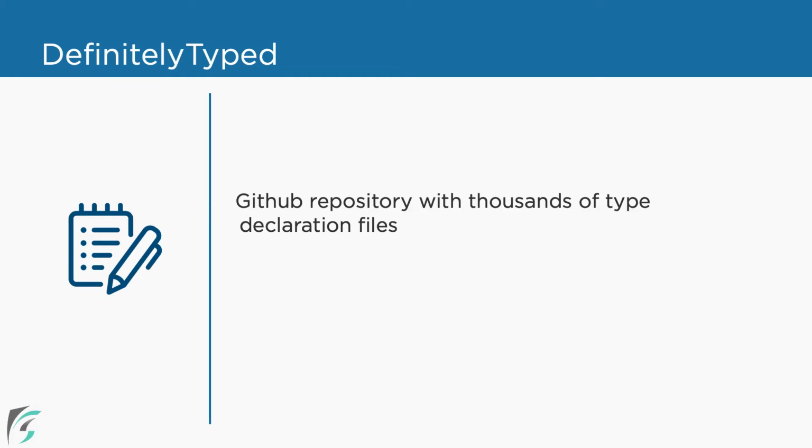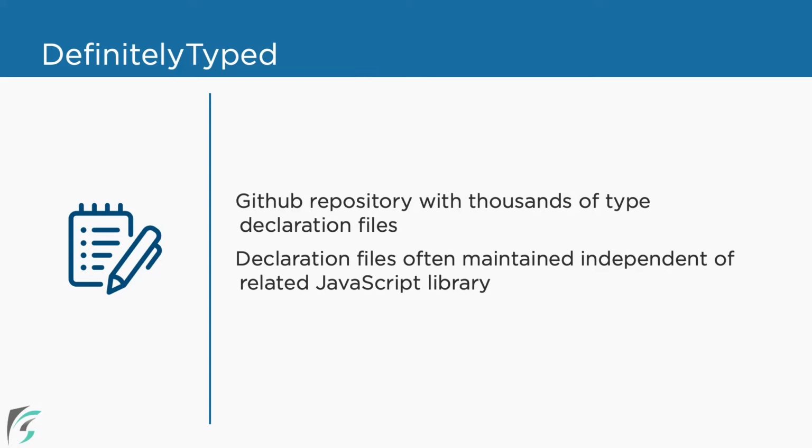However, there is a huge Git repository of type declaration files created by the JavaScript and TypeScript communities. And this GitHub repository is called DefinitelyTyped. They also provide updates for the files from time to time. But since these are maintained independent of the JavaScript libraries, they might sometimes be slightly out of sync. We can get the individual files from the GitHub repository directly, but DefinitelyTyped is also the source for several installation utilities that make it easier to install the files that we need.